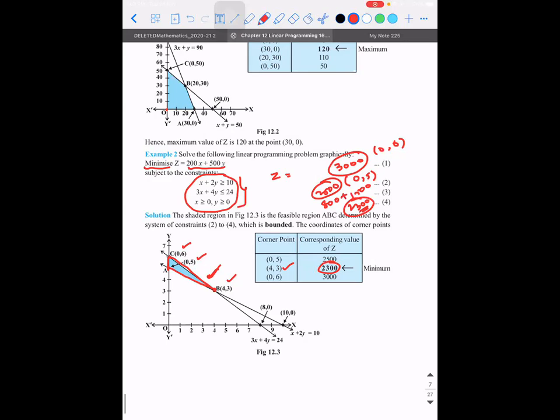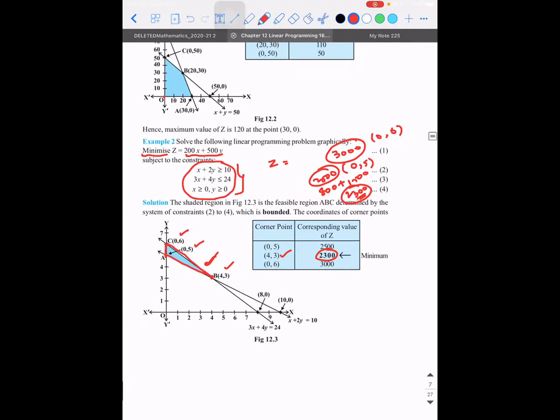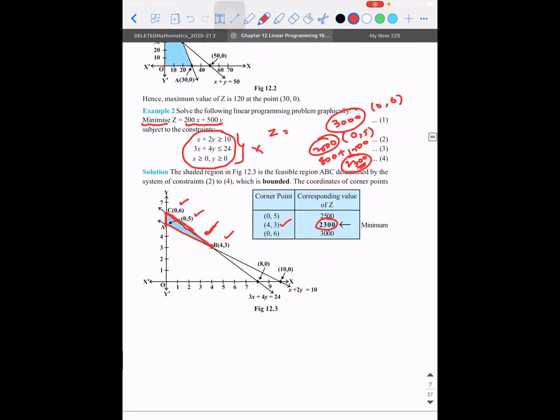Yes, sir. Okay, so this is all about linear programming for this year. So as I told you, you need not do two things. What are they? One is you need not frame these equations. They'll give you the equations. Secondly, you should only be worried about closed region, which is bounded regions. You need not be worried about unbounded regions. So that's what you need to concentrate on. So once again, I will suggest you to do only one thing. Just go through the theory. You try to understand all the names that are given in the linear programming, all the technical names. Secondly, you practice these graphs. That's more than sufficient.